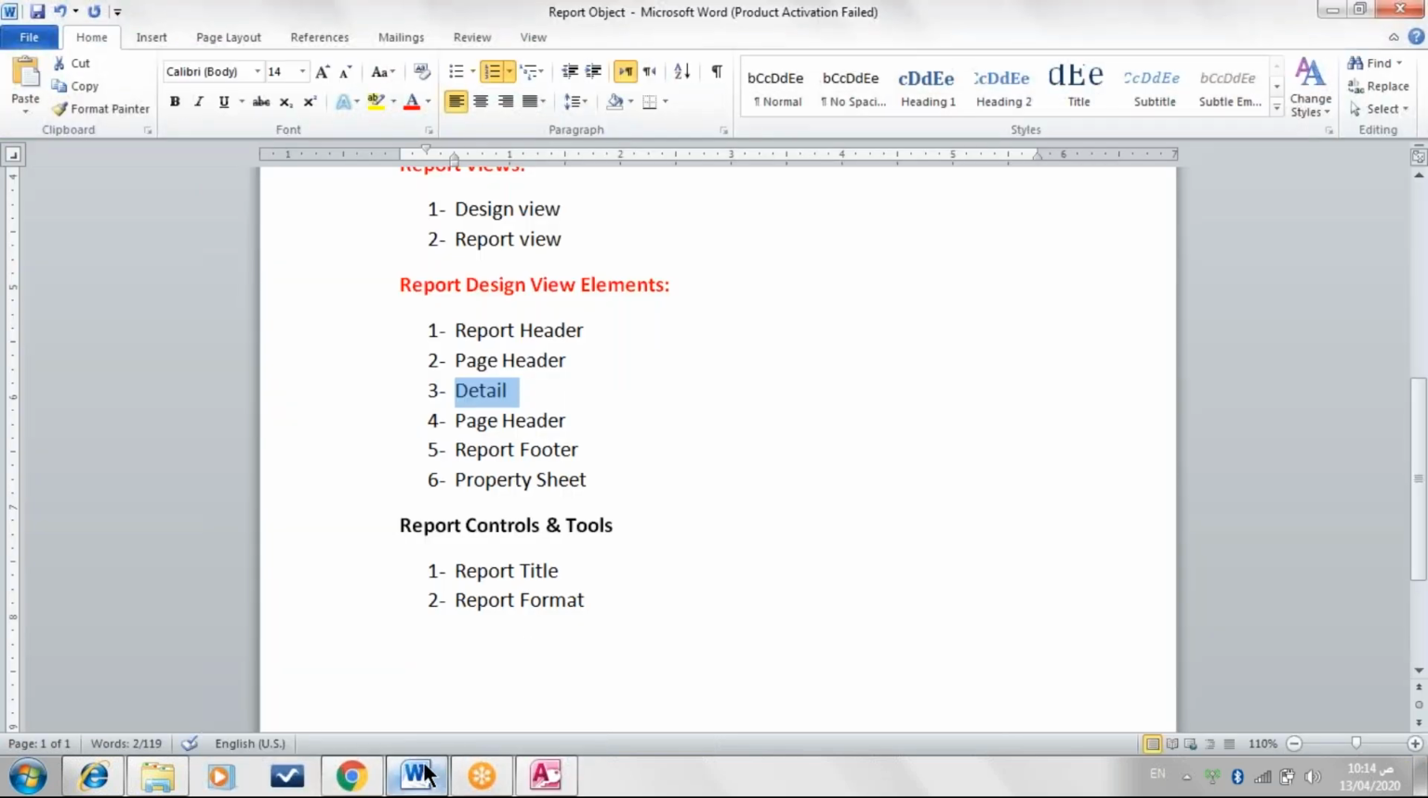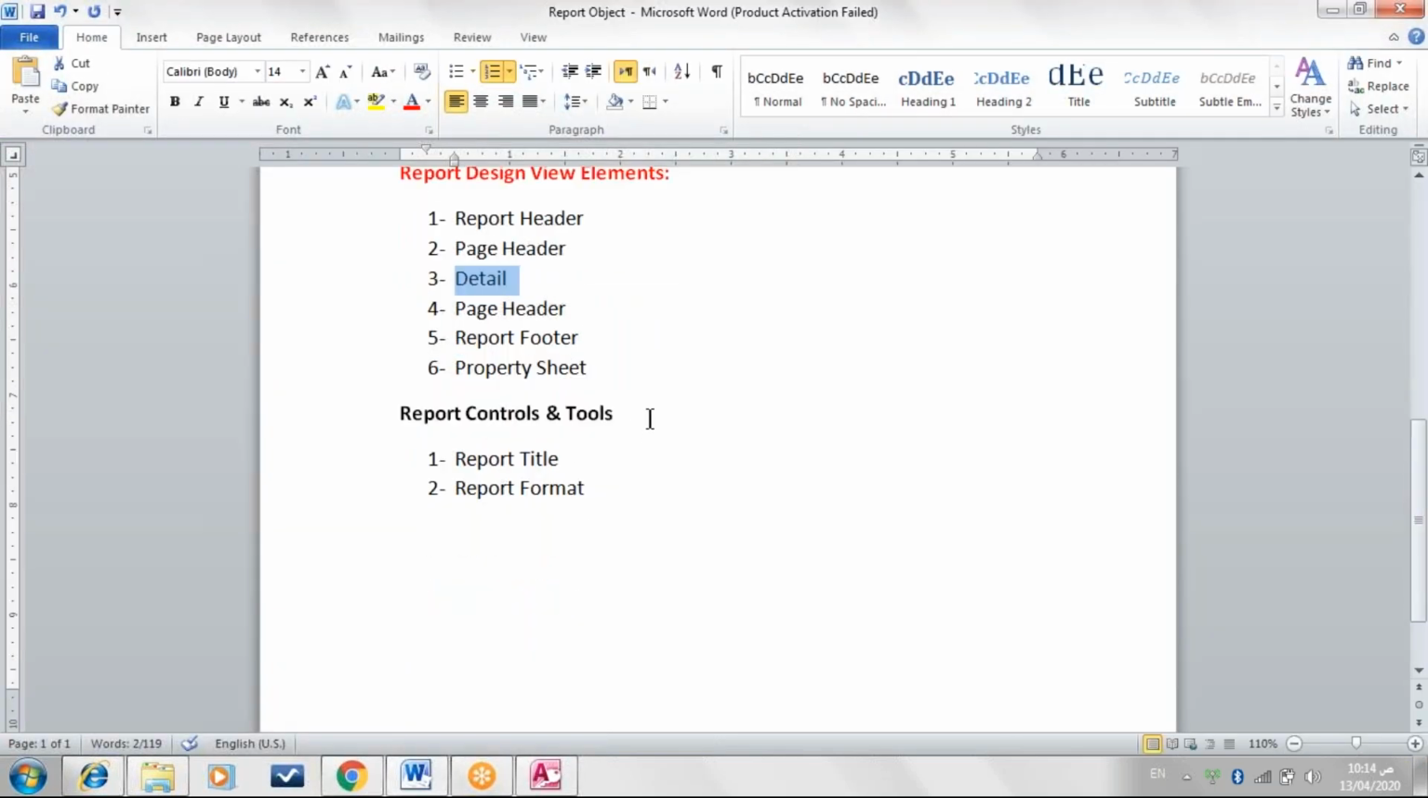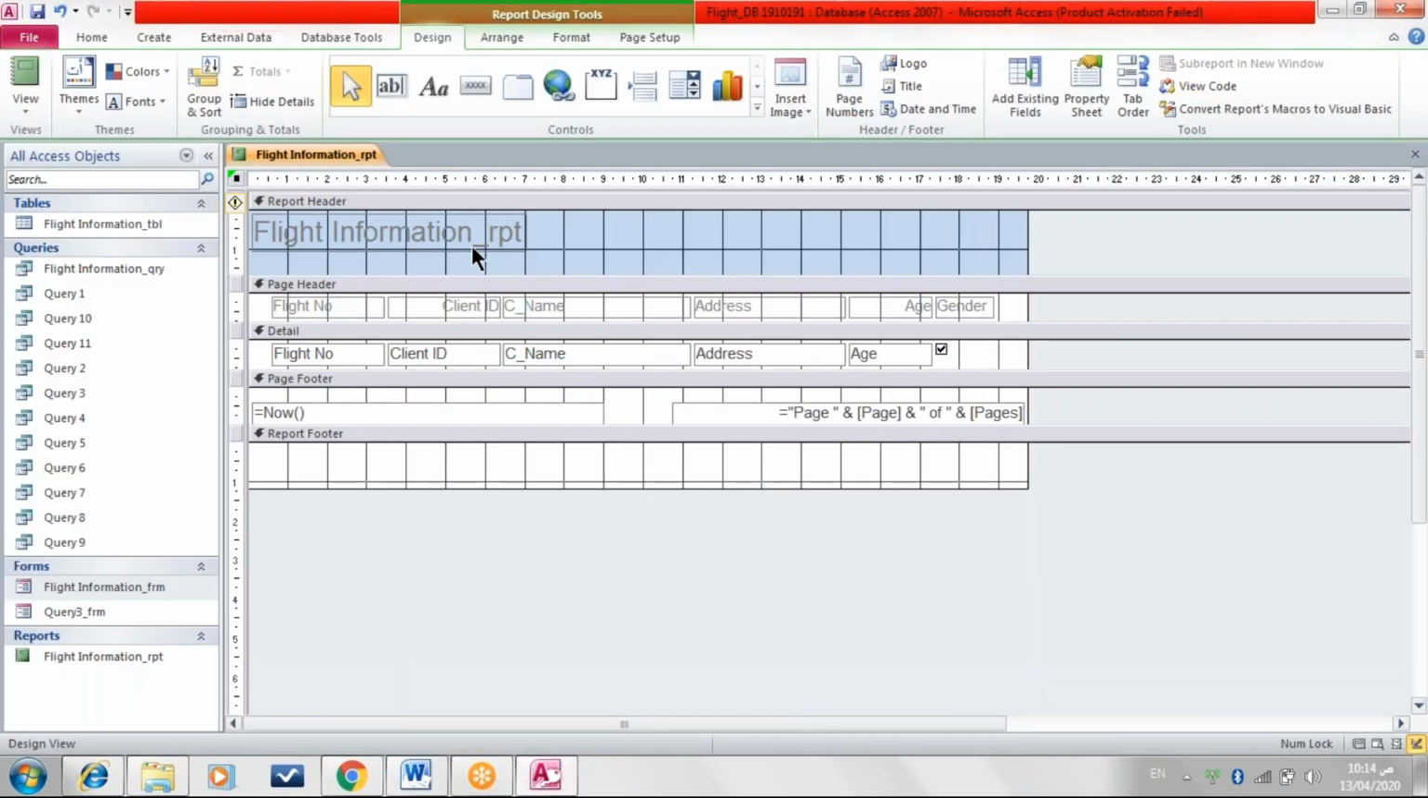Then we will come to deal with this task. We need to change the title of our report. Instead of RPT, this is a document. Everything has to be very clear. So this is flight information report completely. This is our report title,